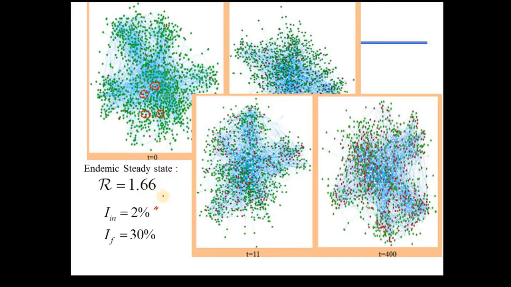Okay, R is equal to 1.66, the simulation runs, t is equal to 1. Within t is equal to 11, you can see quite a high percentage of people getting sick. So sorry, this is t is equal to 40 actually. So at t is equal to 40, you see 30% of people are already sick. Okay, so that means R as an epidemic threshold is working fine for random networks as well,